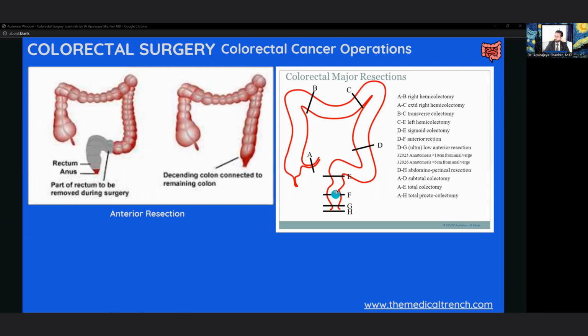Yeah. Look, in a Hartmann's procedure, what you're doing is you're removing the rectum and the sigmoid, right? And the left-sided cancer could be anything between here all the way down to here, right? So you do Hartmann's only if it is present somewhere here, or if, for example, there is some kind of